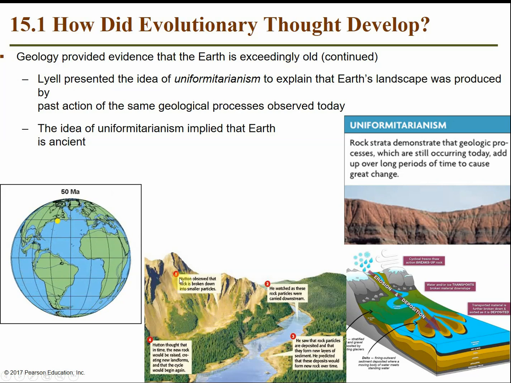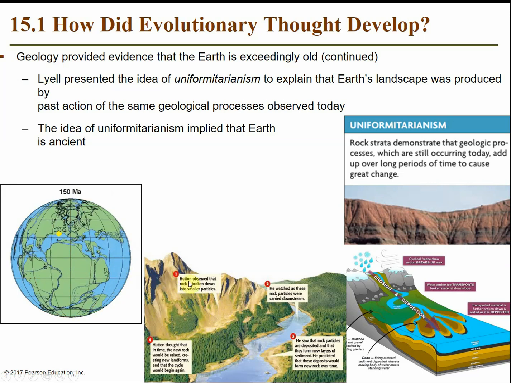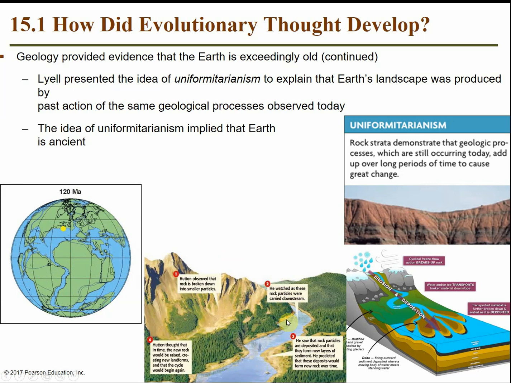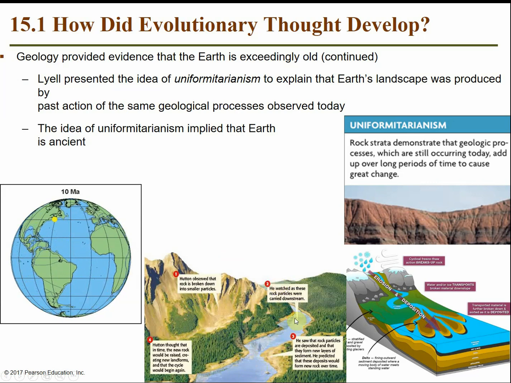So mountains have broken down into smaller particles through just the process of weathering. So rain and ice break down the rocks and the minerals. They get washed down into the stream. So these rock particles get carried downstream and eventually will be deposited and form new layers of sediment. So over time, this can make new layers of rock, right? So essentially that's how the Grand Canyon was formed. The river, gradually throughout millions and millions of years, through these slow geological processes, cut through to form that deep, deep canyon.